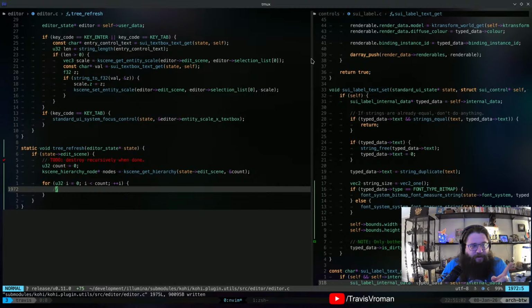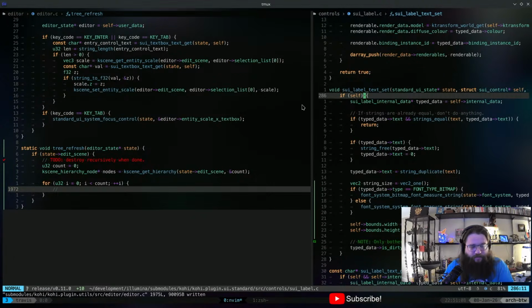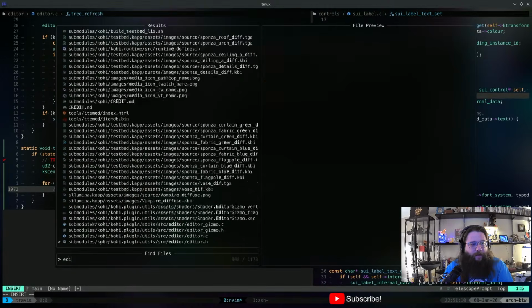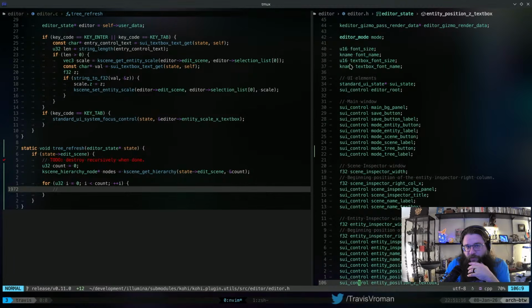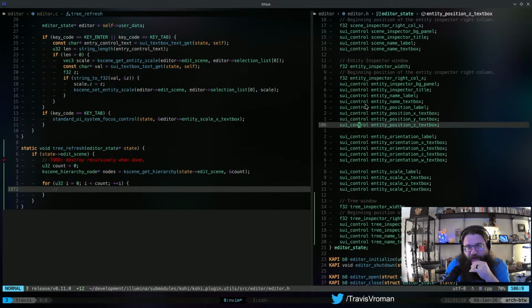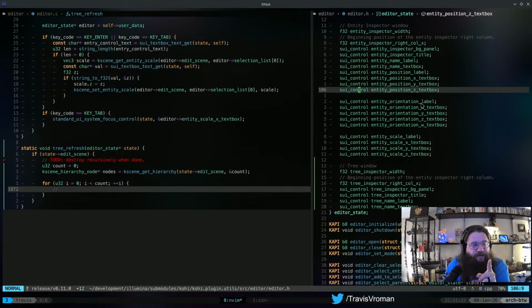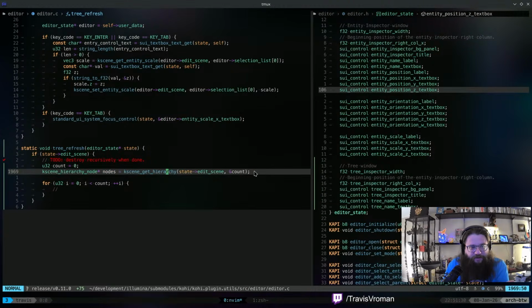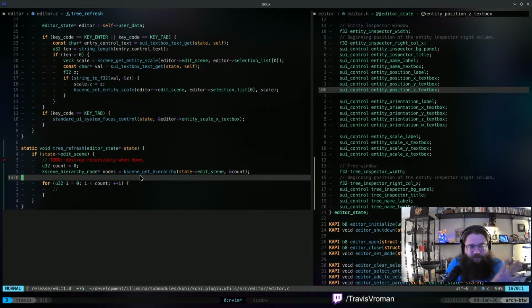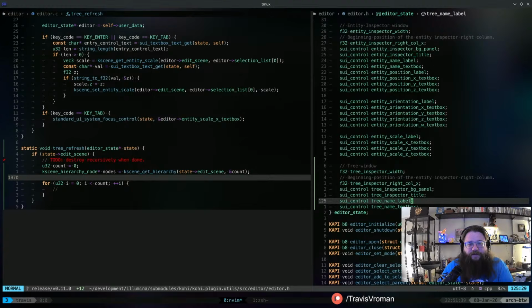This is where it's going to get a little bit interesting, right? Because what we're going to have to do is, let me go back to editor H. So far we have this sort of static list of controls that we have for all of our UI elements for everything that we have. And so what we're actually going to need is some sort of dynamic list of these things. And this is why I'm going to go with one element right now per node. And if we want something fancier than that, then maybe we can use parenting or some sort of custom control for that. But what I'm going to do is all of those things are going to be added to the